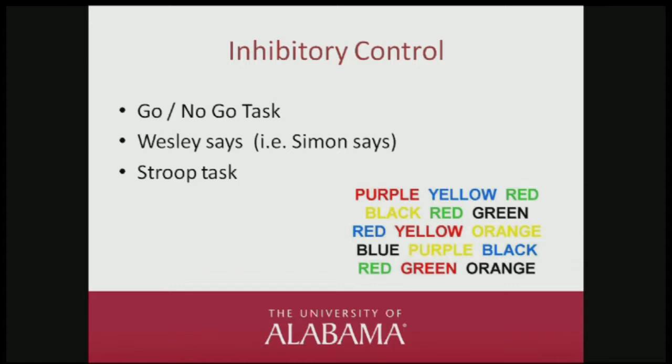I would not do these tests. Okay, I myself would not do the go, no-go task. It's usually done on a computer. You need a psychologist or a neuroscientist to do this. So I'm not going to do these tests, but I'm just saying that this is how executive functioning is done in a clinical setting and how they